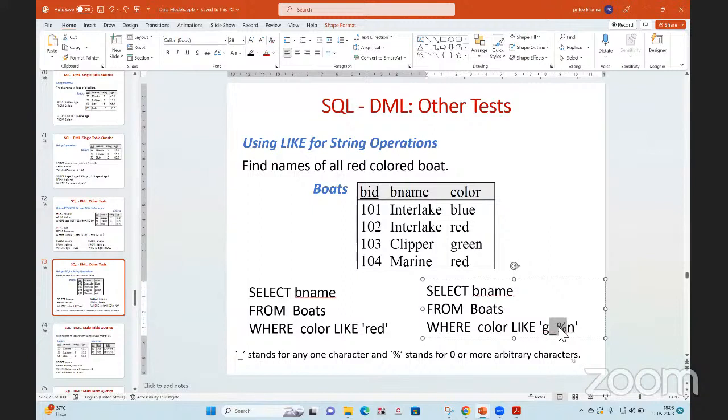So if you're looking for, let us say, I know it starts at G, ends at N, and in between there is just one letter, right? So I will go for underscore. But if I say, okay, start with G and end with N, and I don't know how many characters are in between, so we can simply write G percentage N. Okay. So if I write it here,